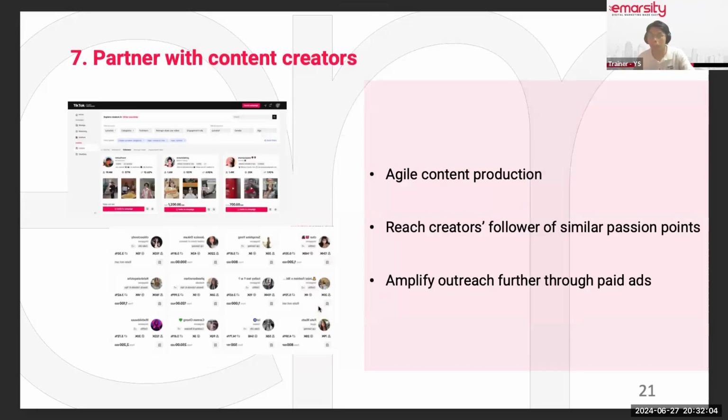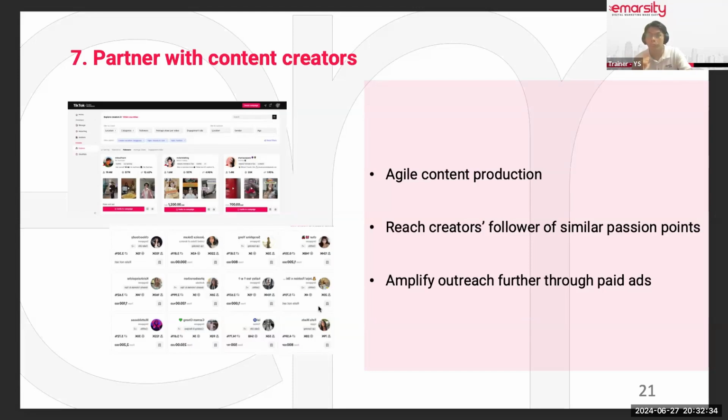Okay, so earlier on, when I started the session, I mentioned that the takeaway for you today is to understand some tactics that can lower the cost of your paid media advertising. And also I want to share two ways to get free advertising. One way was through the Facebook group that I mentioned as the first tip. The second way is to partner with content creators.